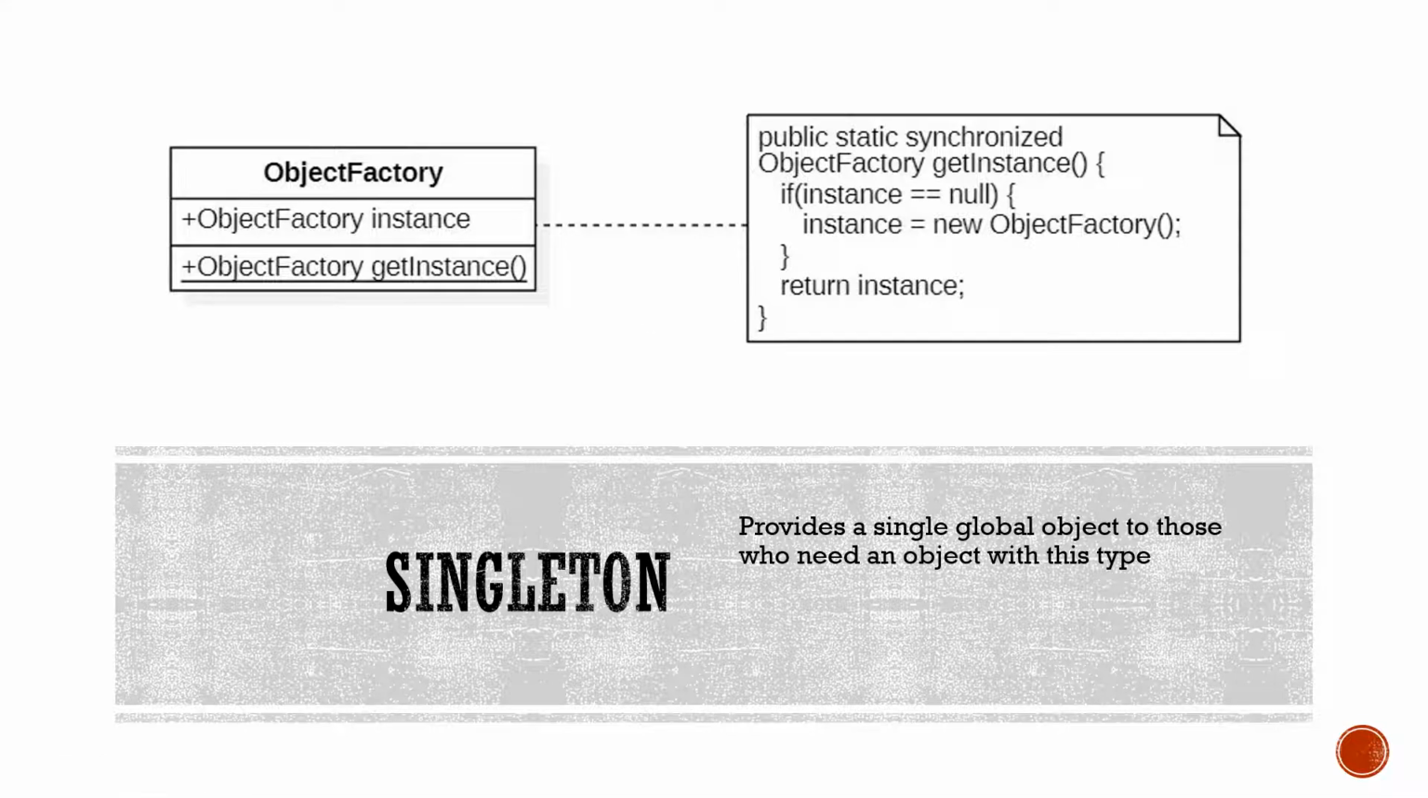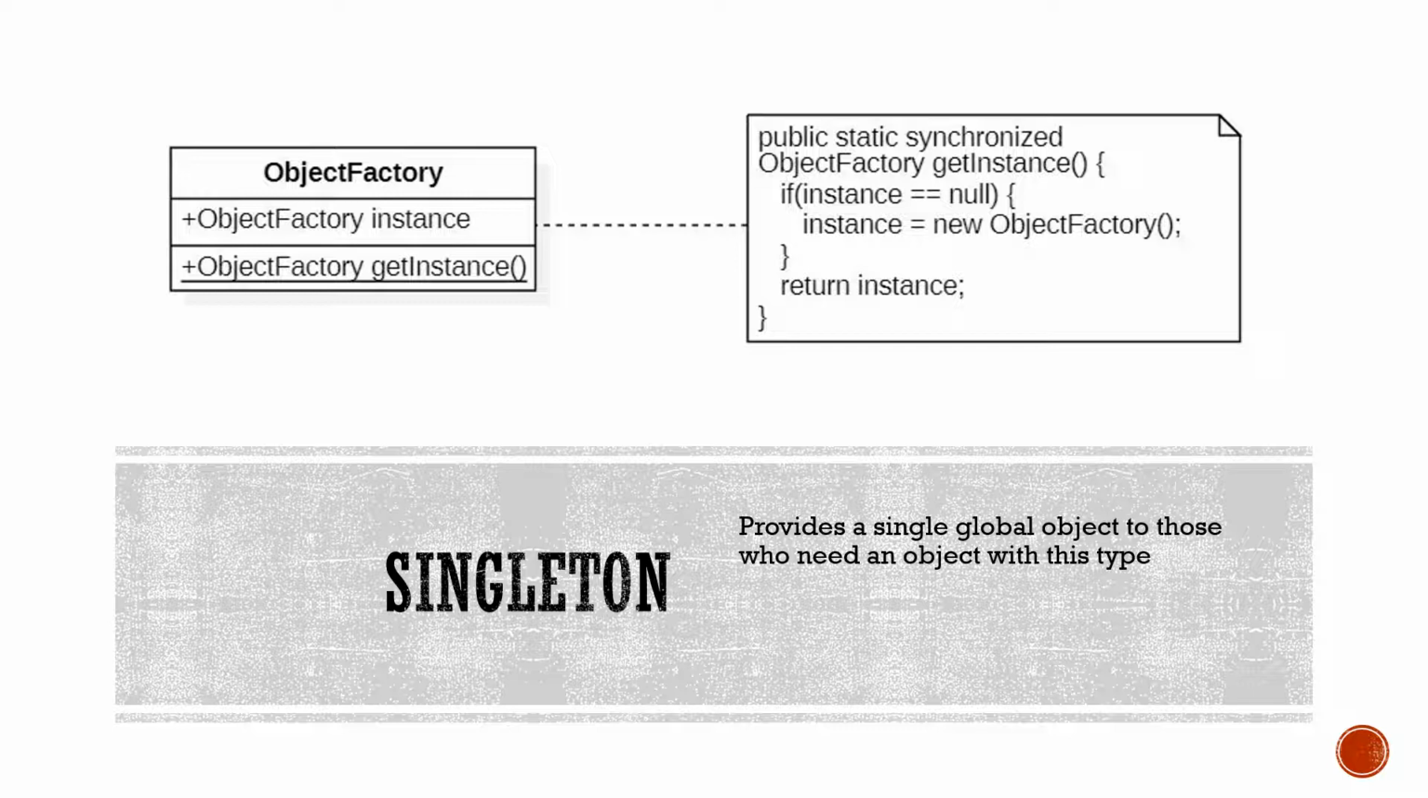The next pattern that we'll discuss is the singleton pattern, and maybe you are pretty familiar with this pattern because it is used a lot in development. It provides a single global object to those who need an object of this type. An example is probably a factory object. The factory object is responsible for the creation of other objects, and the factory itself is usually a singleton. We only need a single one of them for the whole system,